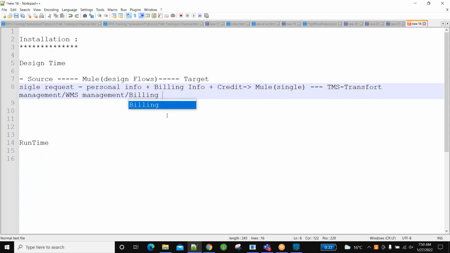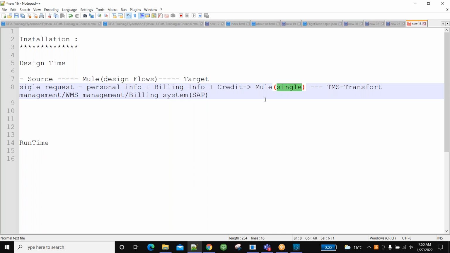Billing system in the sense of whatever credit card info we are giving. That billing system, most of the time, will be SAP. Nowadays they are using SAP as the billing system, right? As a layman, for us it is only one single request. As a user, we are filling all these details. We don't know what is happening at the back end.